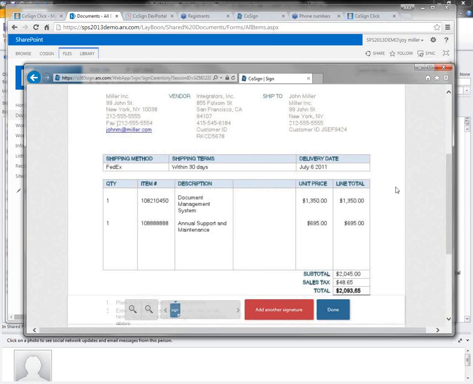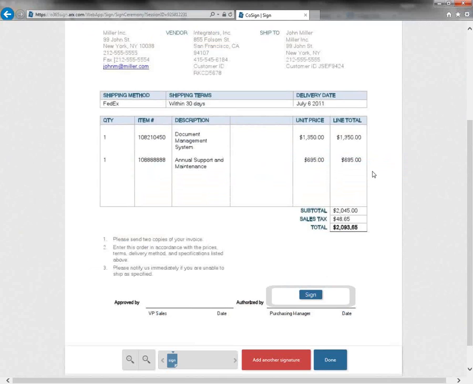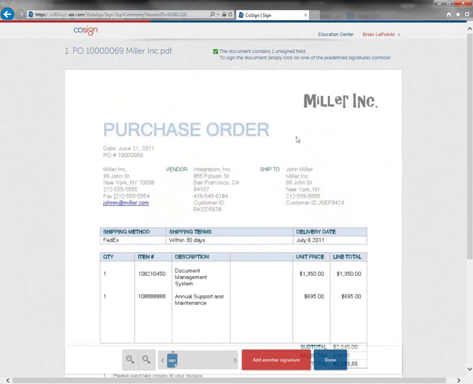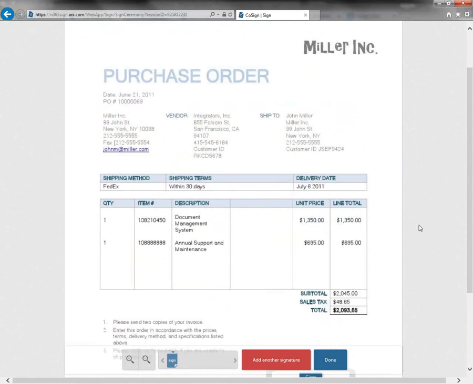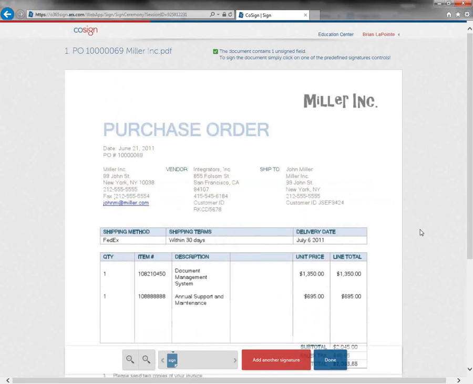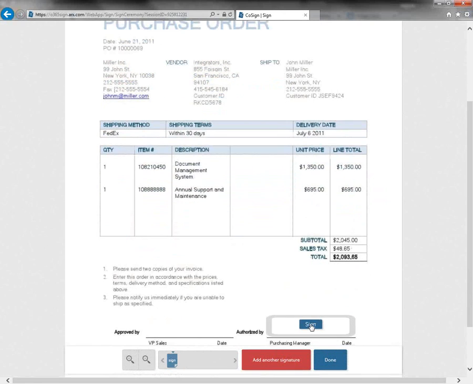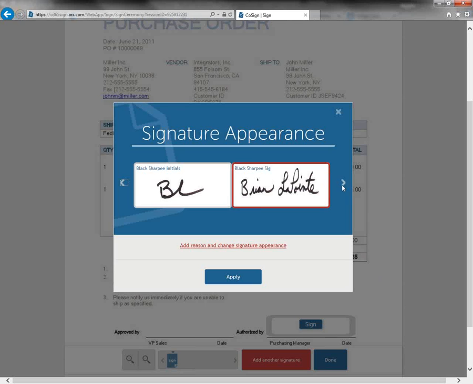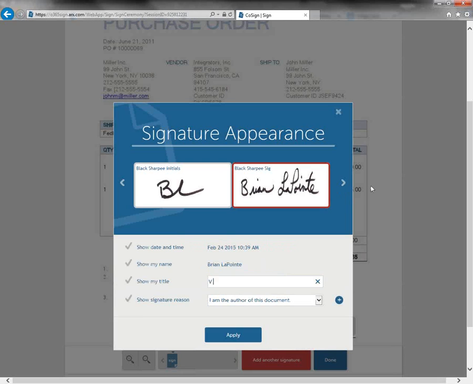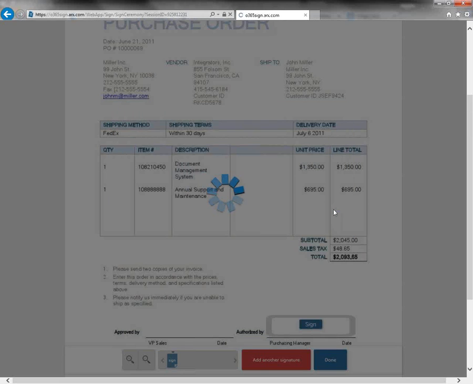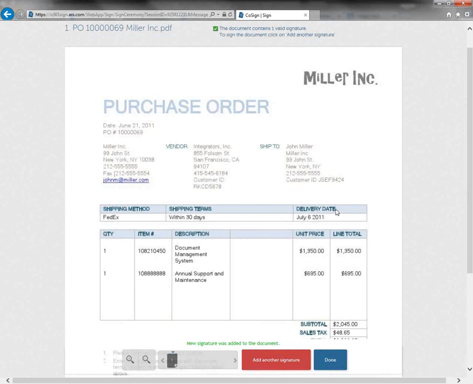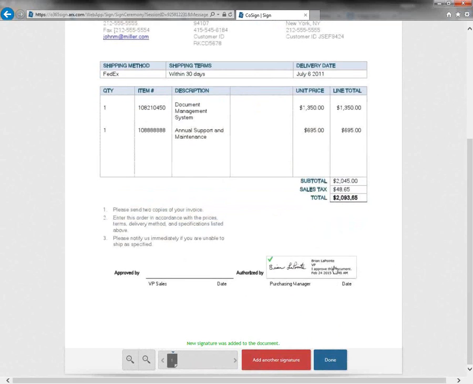And so what this is doing, just like that user interface I showed you with Cosign Click, we used the same friendly user interface is available for Office 365. It presents you with the document. It lets you click. This one actually has a signature field in the document already, so it's just one click. I can choose my graphical signatures, whichever ones I want to, and click Apply. Oh, I need my reason code. Any reason code. And then very quickly apply my digital signature within Office 365.